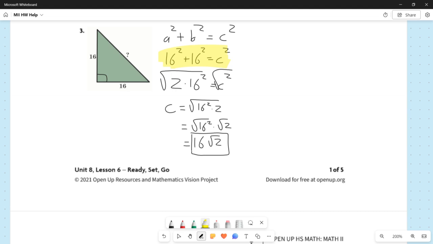However, if this process does not make sense to you, you can always evaluate everything and simplify the square root just like we did with question 2. I just think that this method's a little bit easier. Now, before we move on to the next question,